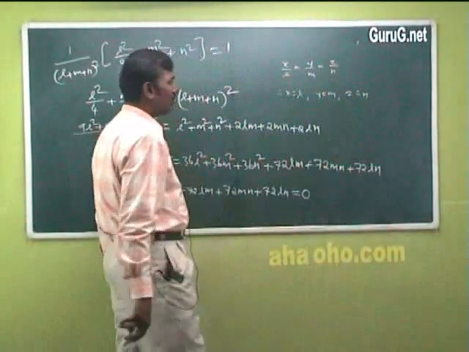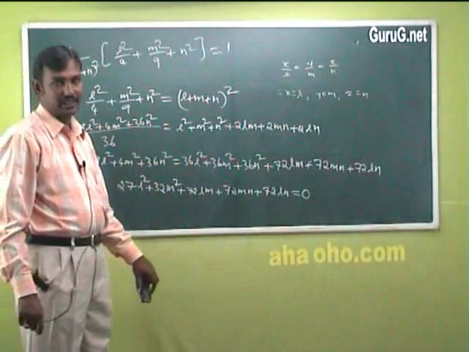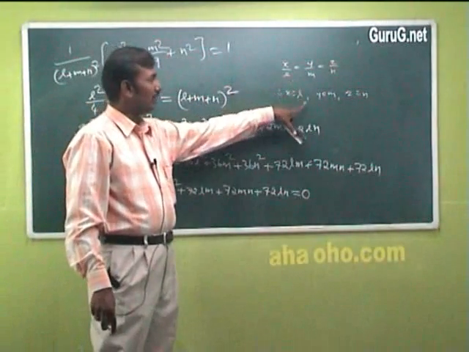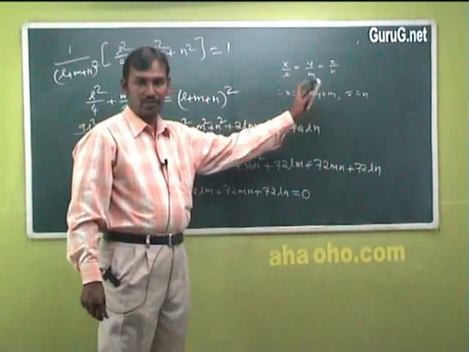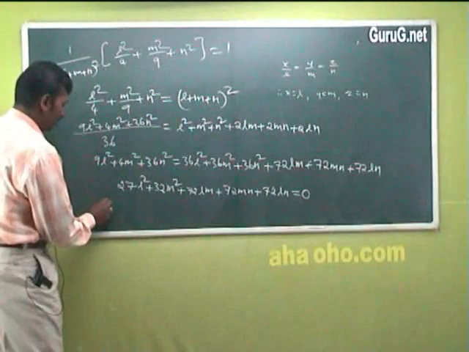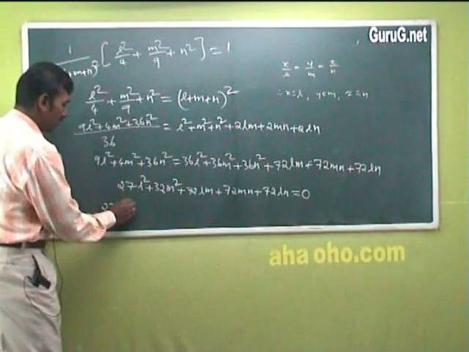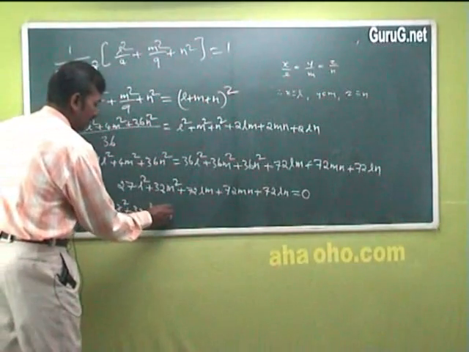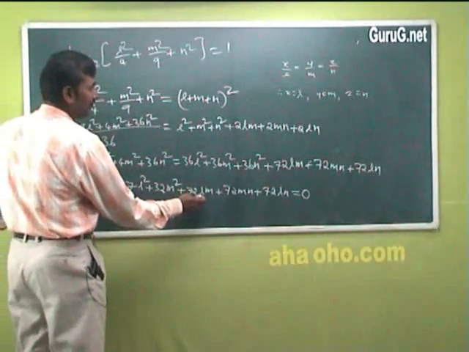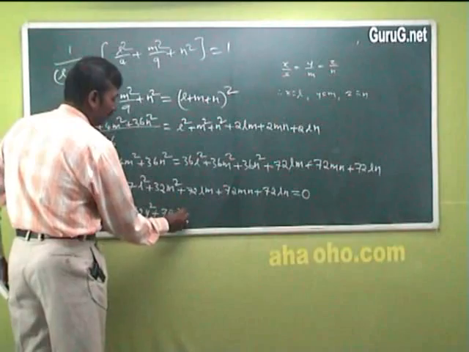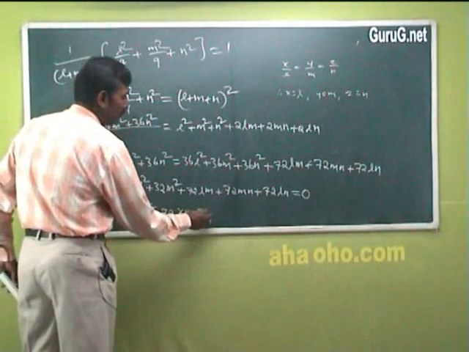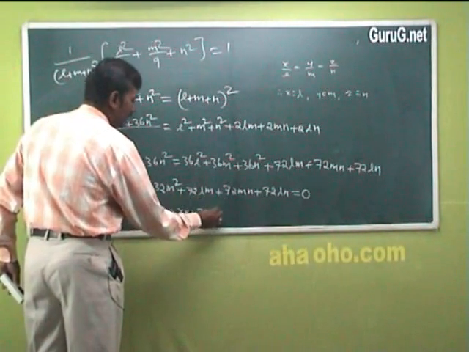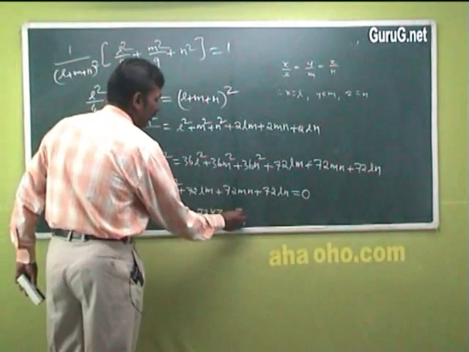இது நம்ம ஃபர்ஸ்ட் யூனிட்ல பார்த்துருக்கோம். மெத்தட் ஆஃப் கிராஸ் மல்டிப்ளிகேஷன்ல இந்த மாதிரி வரும்போது நம்ம x equal to l, y equal to m, z equal to n எடுத்துக்குவோம் இல்லையா. Now what will get? So 27x square plus 32y square plus 72xy plus 72yz plus 72